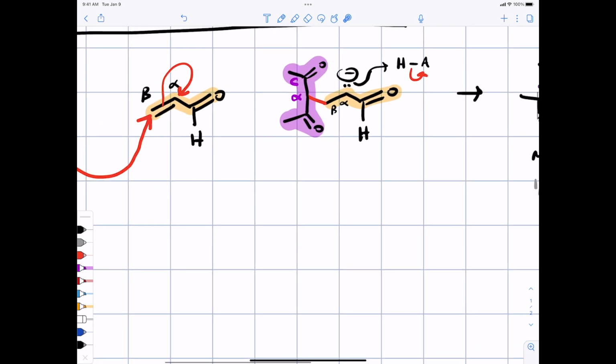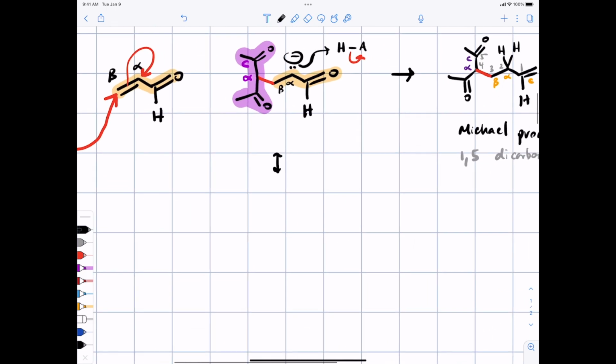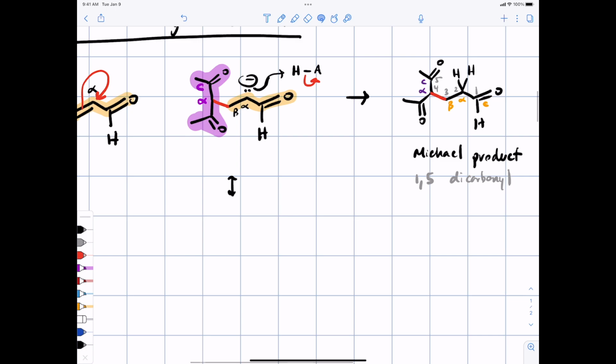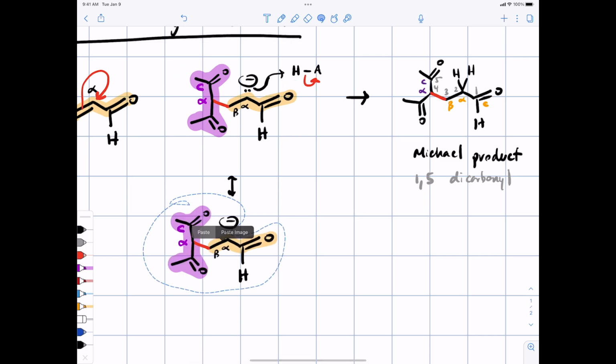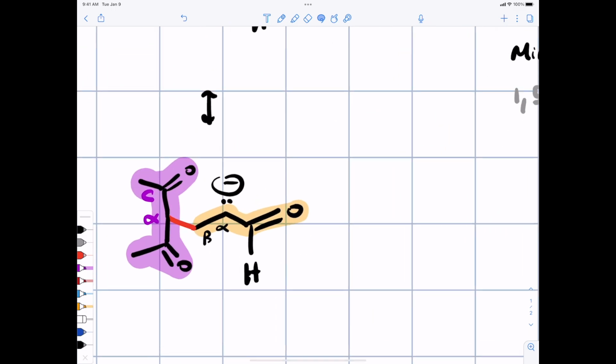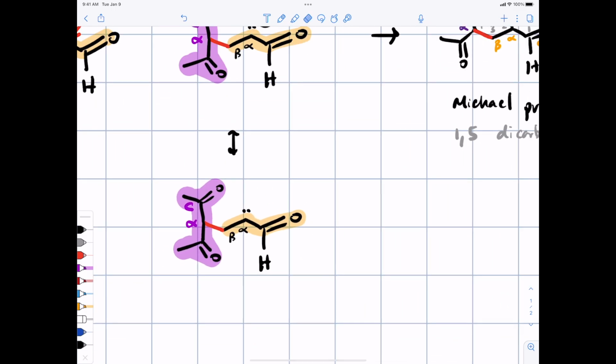You can draw the intermediate that forms afterwards in one of two ways. It is itself an enolate, which you can draw with the negative charge on the alpha carbon, or you can draw the resonance structure where the negative charge would be on the oxygen. Either of those resonance structures is just fine,